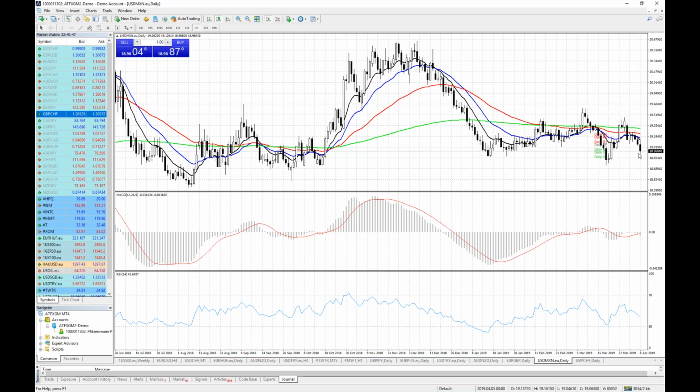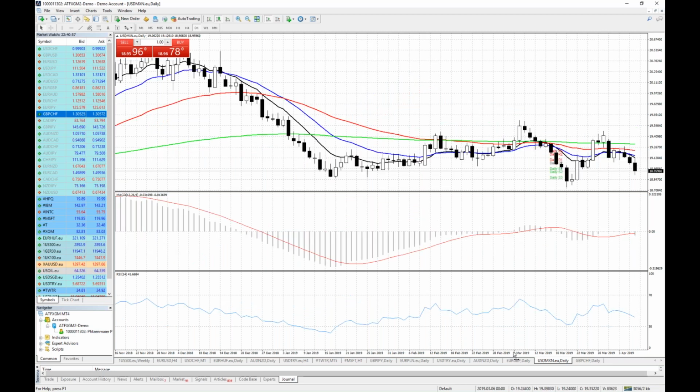Yes, it's a lower high. We have yet to see another lower low compared to this one. I hope you can see that while technically this is a downtrend, and again, let's make it larger, while technically this is a downtrend, it's far from being the strongest downtrend out there.